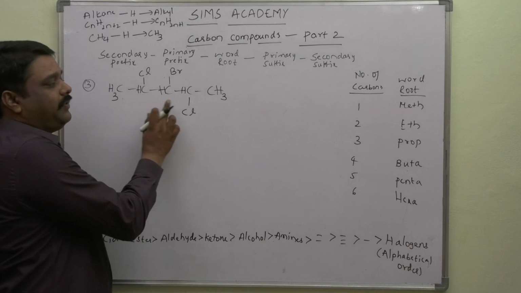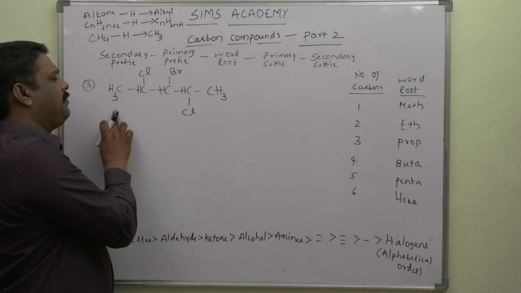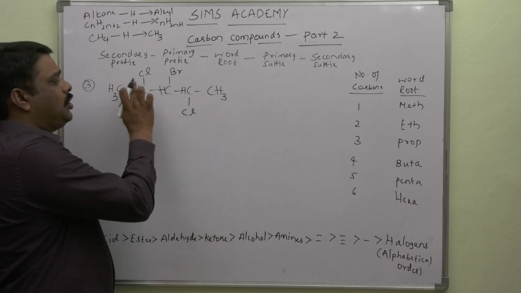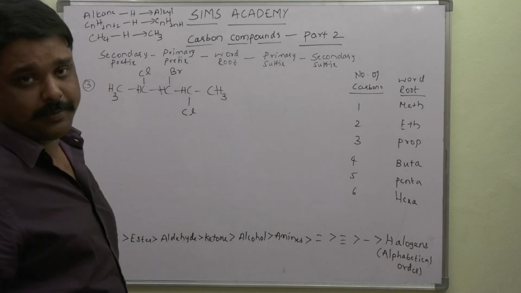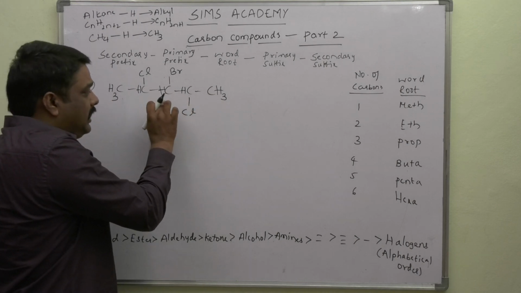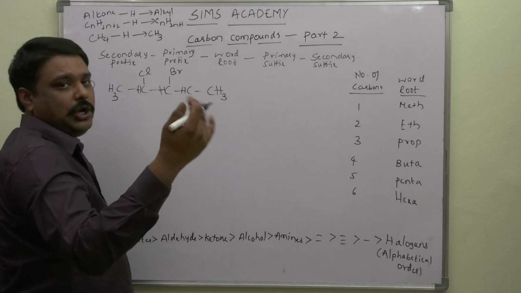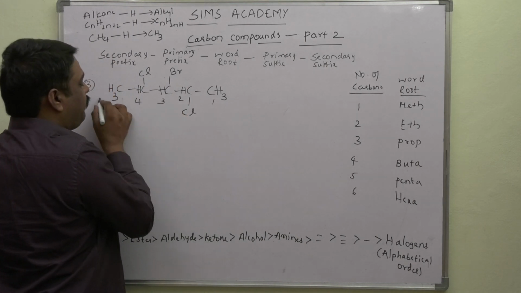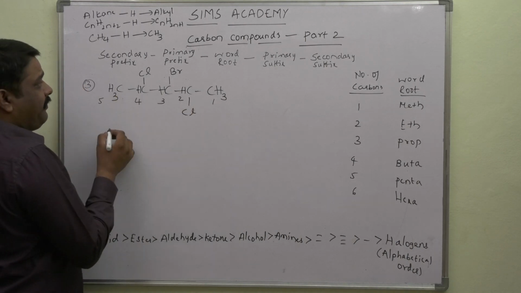Now for this, how to give the numbering? Okay, let us try to give. If we give the numbering from left to right, then 1, 2, 3, 4, 5. 2 and 4 we get chlorine atoms and 3 for bromine. If we give even from right to left also, we get the same. 1, 2, 3, 4, 5. And then 2 and 4 chlorine atoms, 3 bromine. No issues. Okay? అందుకని మనం ఏం చేయాలి 1, 2, 3, 4, 5 ఎట్ నుంచి అయినా ఇచ్చుకోవచ్చు. No issues here. Now we get secondary prefix.